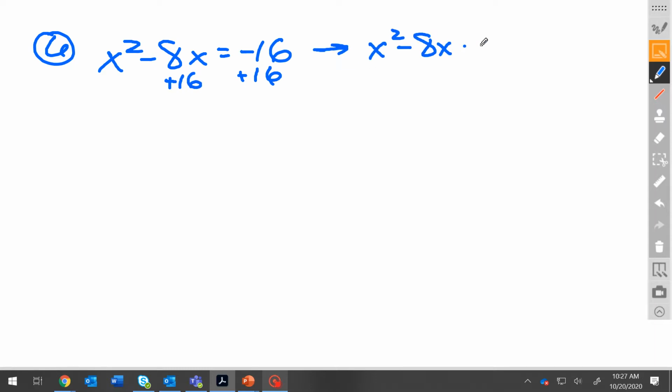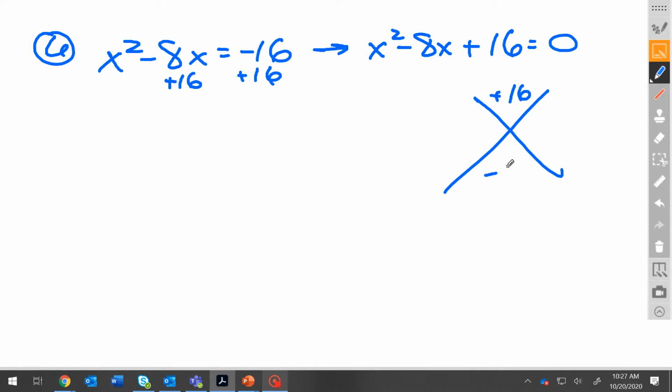Number 6, x squared minus 8x equals negative 16. Well, 16 is on the wrong side. x squared minus 8x plus 16 is equal to 0. There is no GCF besides 1, so we can do our cross. Up top is a times c, so positive 16. The bottom is b, negative 8. So we are looking at